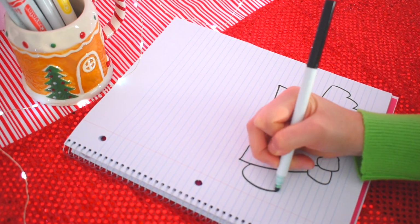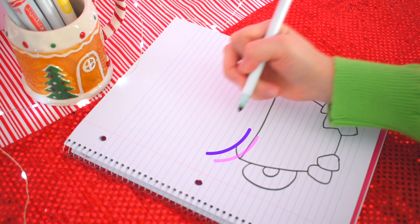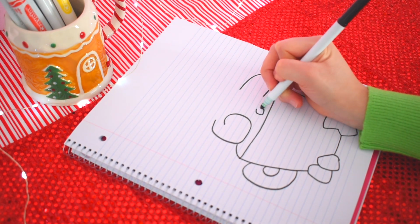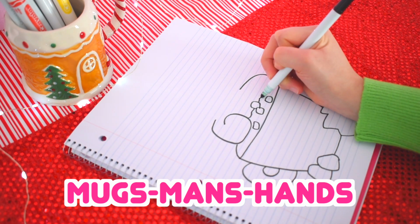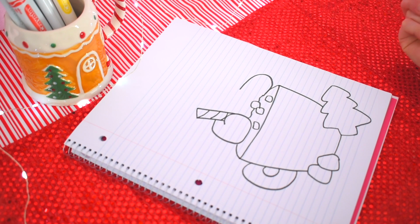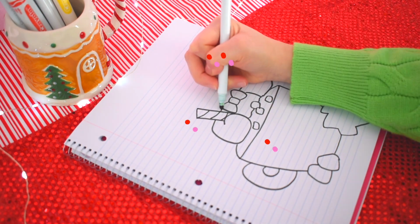Our cute gingerbread man will be inside our mug, so after drawing our mug's handle, continue drawing our gingerbread man's hands. And just like that, I made an accidental rhyme. Mug's man's hands. Draw some marshmallows here and there, of course, inside the hot chocolate. Add a candy cane straw, and to make our gingerbread man more cute, add a small bow and start off